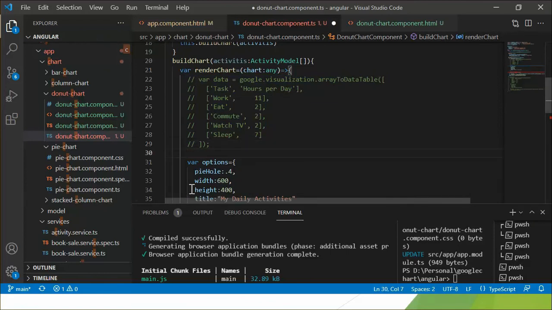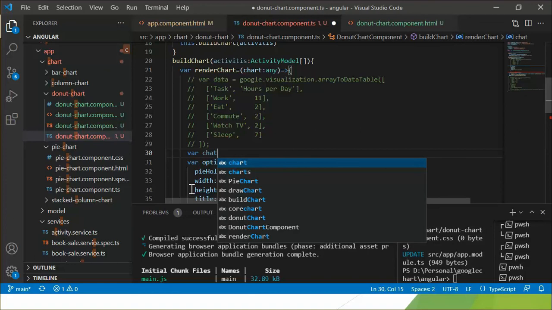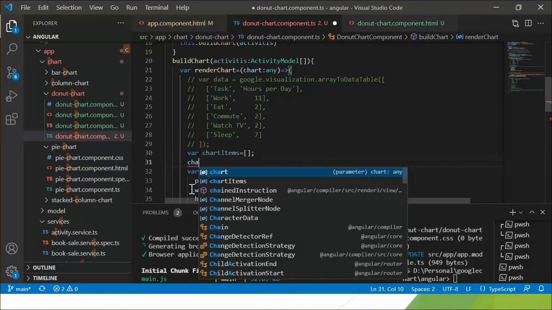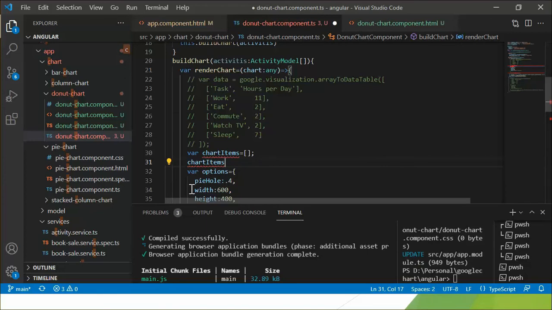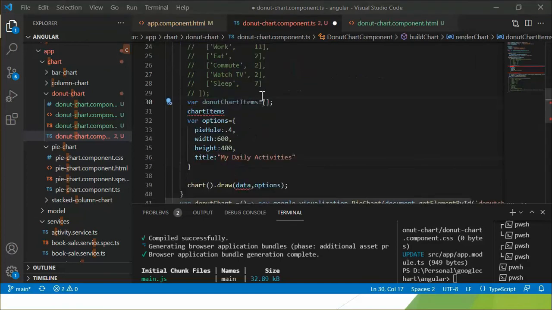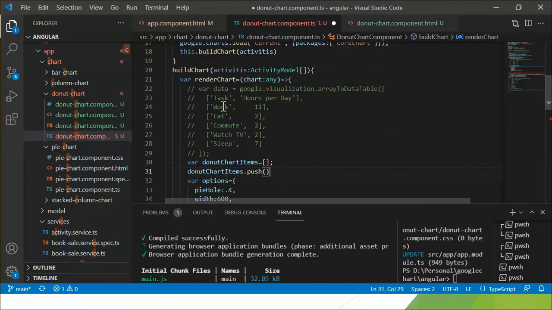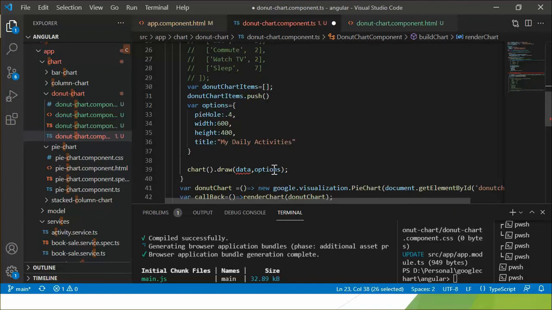Declare array and chart items in the array. So first member of this, share. Since this is hard coded, this is the column name.